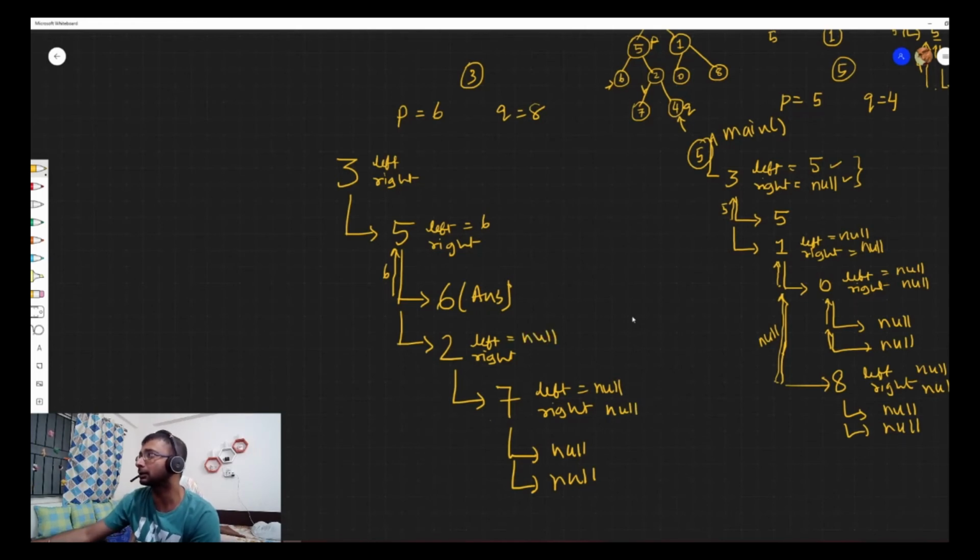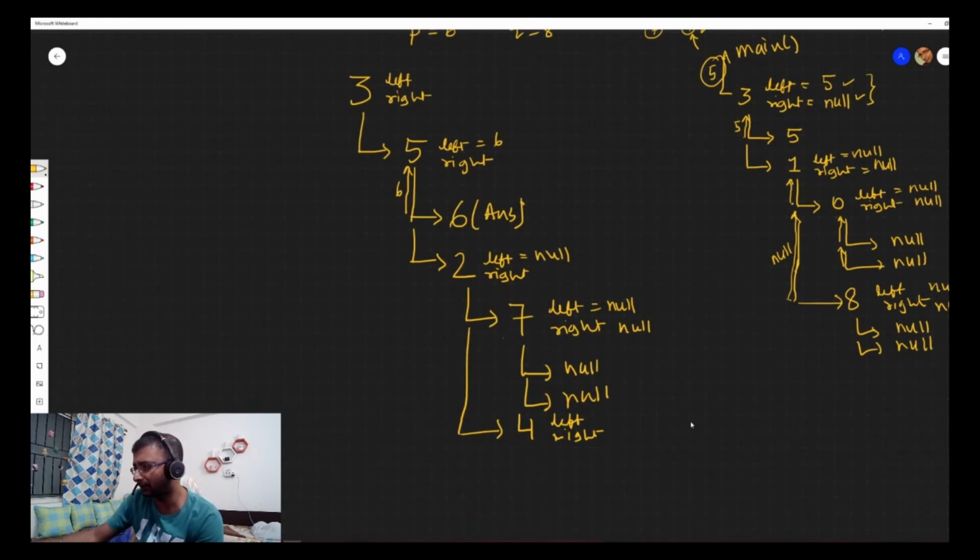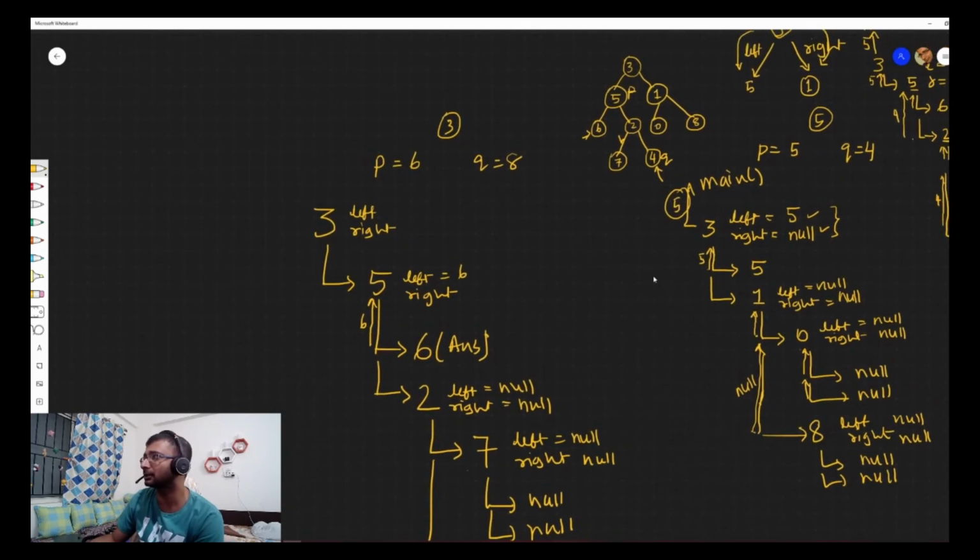Now 2 makes the call with its right. So it has 4 on its right. We don't know the answer again for left and right. So 4 again calls with its left child and right child, and unfortunately both of them are null. So it receives a null at both, right? And it sends back a null to 2. Since 2 gets both null answers from its left and right child, 2 sends back a null